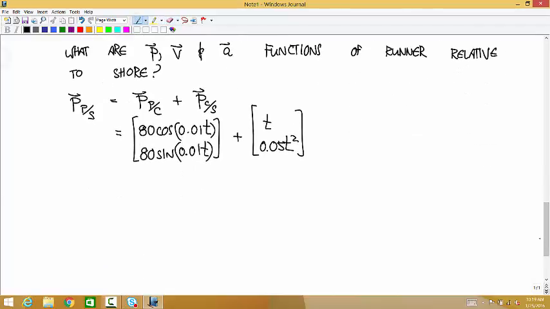And then the other two, now this is the position function relative to the shore, so you could just differentiate with respect to time, or you could think of it as